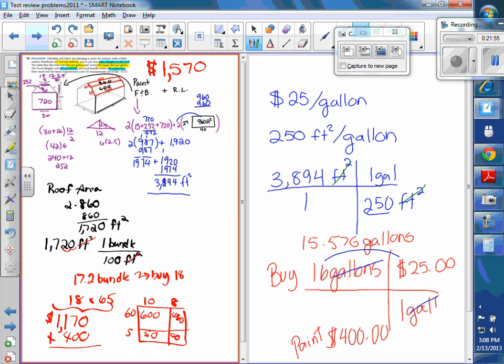I shingled the walls. You shingled the walls. And I also painted the roof. Okay, I painted the entire house and then I covered